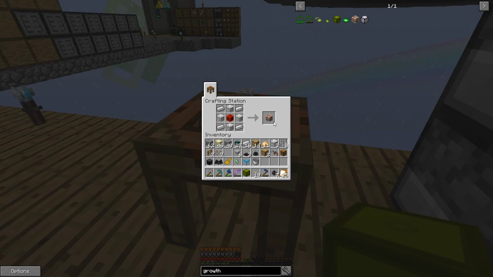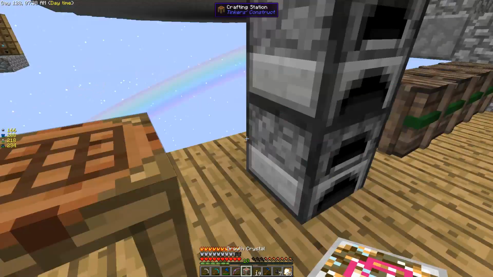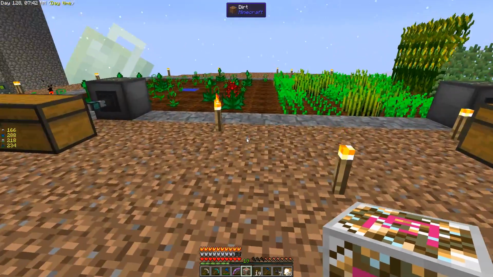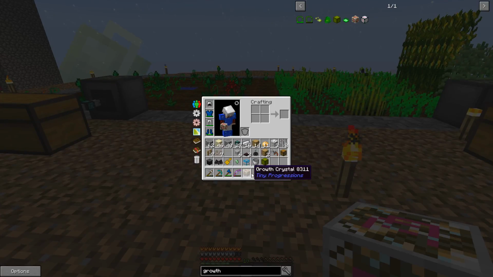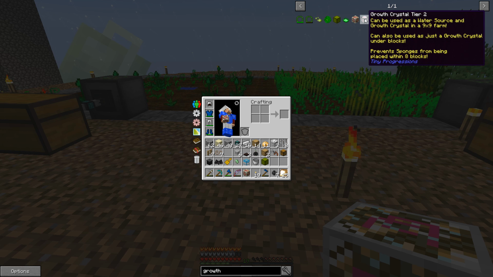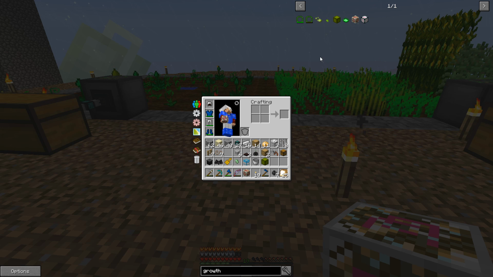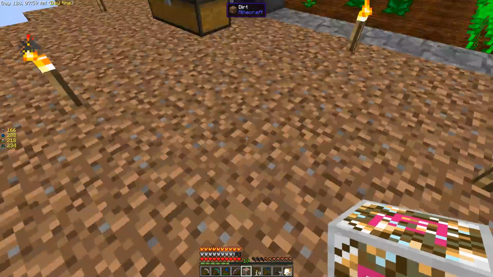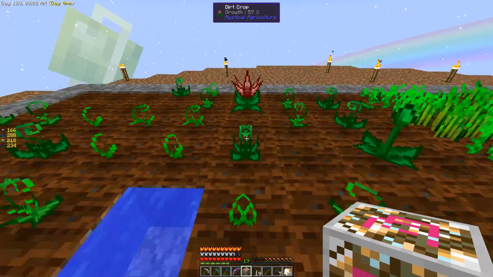Okay, let's get this thing going. We'll grab one of these guys, okay? Now, this guy, I don't think it'll do... I think this one is like water, right? Cannot be used just as a growth under blocks. Can be used as a water source. Yeah, so if we can make the big one, which we need sea lanterns for, it'll actually be like...